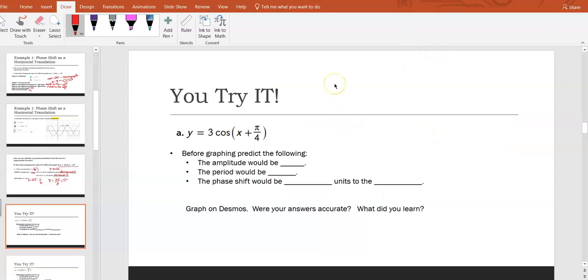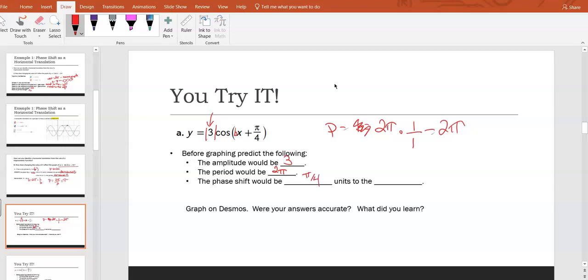Let's look at this one and think about what we've learned about how we're changing functions. When we look at this value right here, we learned that the absolute value is the amplitude, so that would be 3. And the period, remember, we look at whatever's in front of the x, so b is 1, and we take 2 pi times the reciprocal of b, which is 1 over 1, so it really doesn't change, right? So that's 2 pi. And then the phase shift is plus